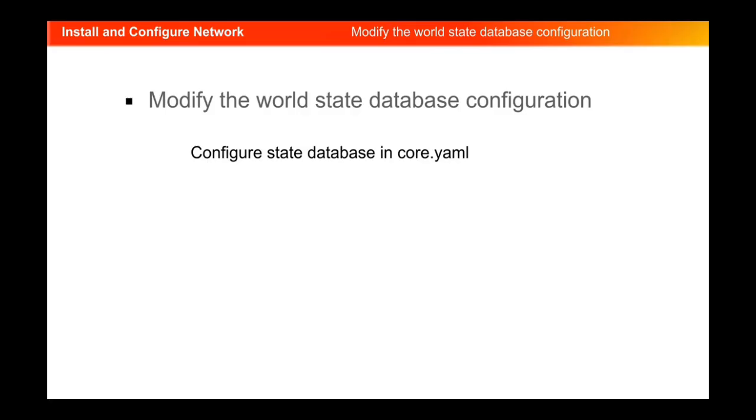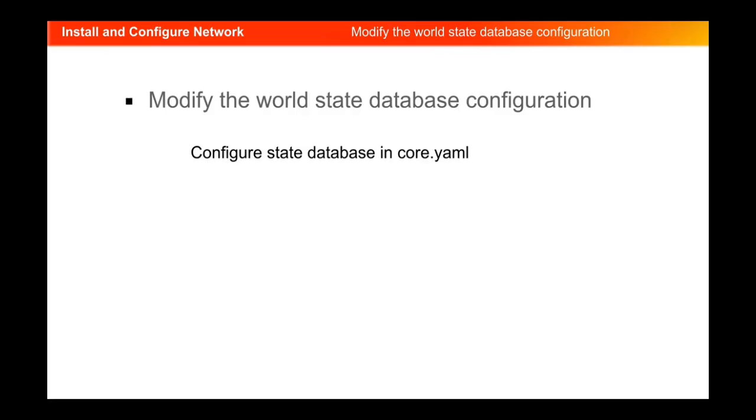So in order to modify the world state database configuration, you have two database options. First is LevelDB and the second one is CouchDB. In Hyperledger Fabric, LevelDB is the default database. So you can configure the state database, whether you are going for LevelDB or CouchDB, and this configuration can be done in two ways. The first way is using core.yaml. Now let us look into